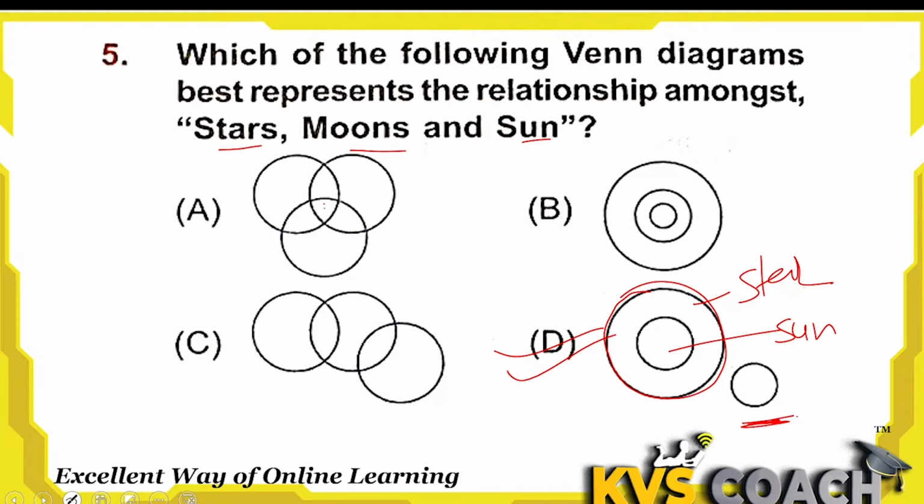Okay, it cannot be filled like this here because they do not have the same characteristics. Here we cannot take it like this, that moon is a star and sun is a star. No. And we cannot take it like this, that if I take star here, sun here, moon here, then this quality can match, but this cannot match. Okay, because moon is not a star. So D is the right Venn diagram here: the big category is star and sun is also a star, but moon is not a star. That's why it is outside of this diagram. So D is the right answer.